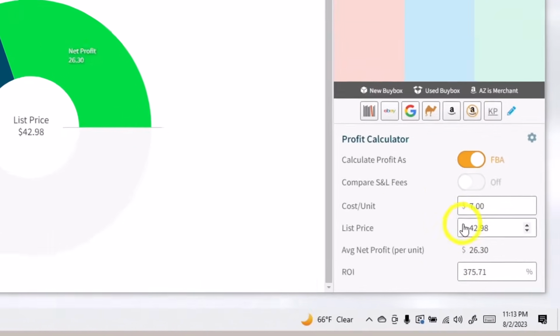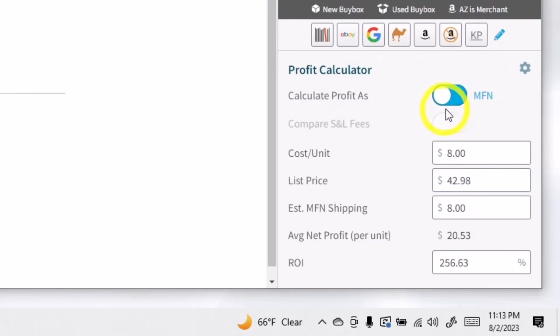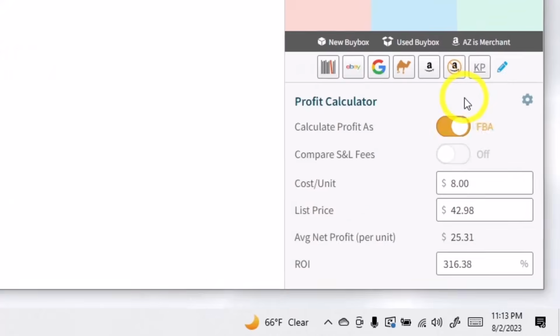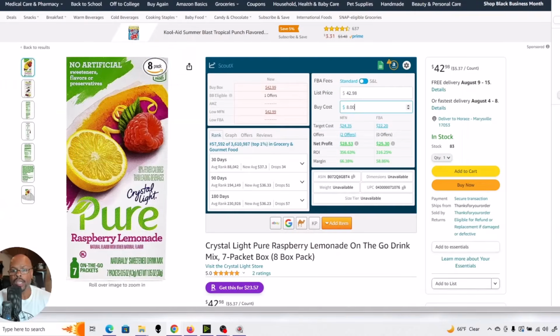Another way you could do it, again, if you had Inventory Lab, you could go into the software itself, and there you would plug in your numbers. I'll make that 8, because I can't remember if it was a 7 or 8 count. We'll look at that again. But you can toggle from merchant fulfilled to see the difference, you know, like that. And yeah, it's actually an 8 count.